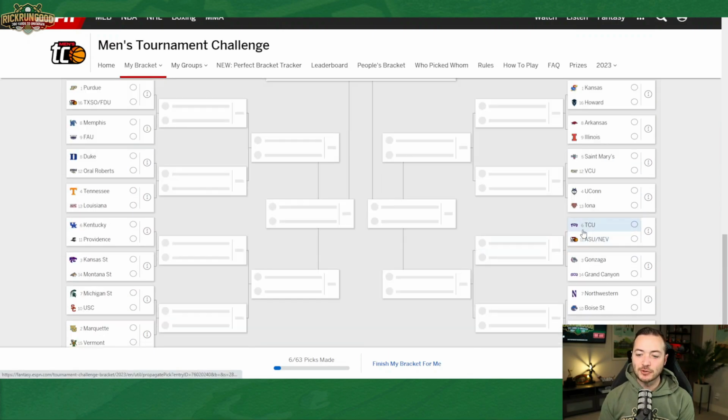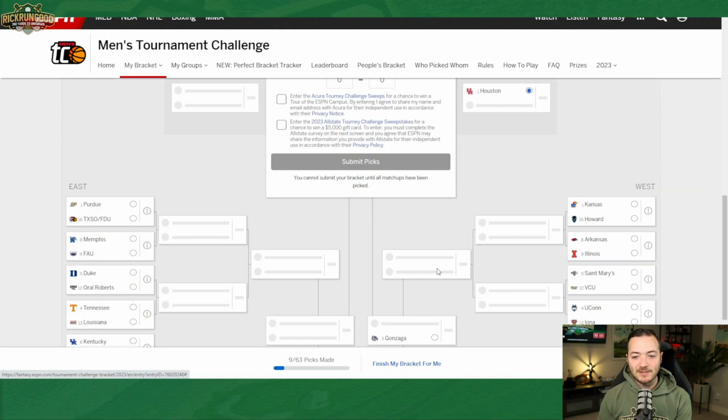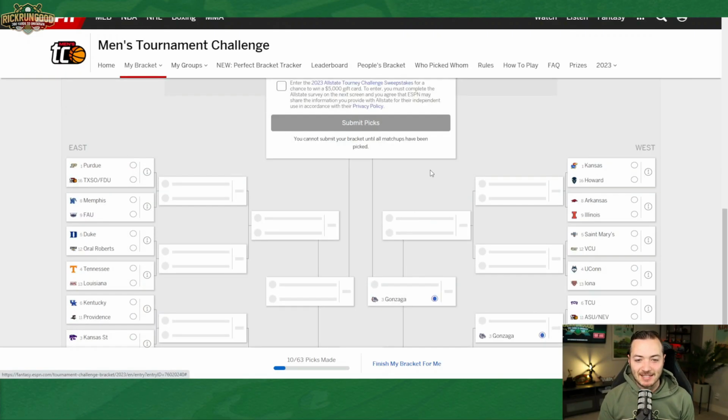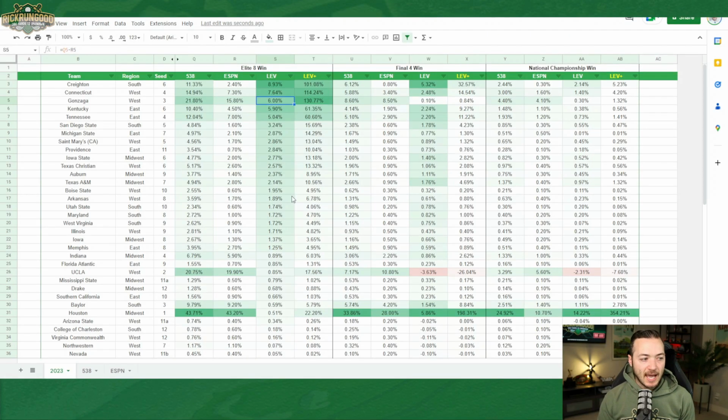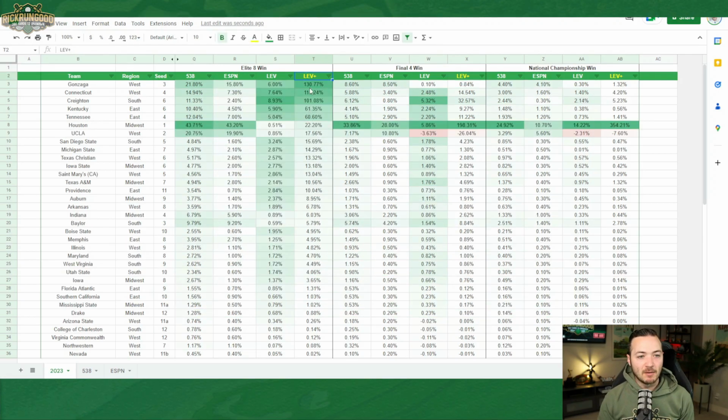Okay, so they're the 3 seed in the West. The problem is they can't even get to the national title game, because they would run into Houston in the Final Four, which I guess is still okay, because we still have that. They are actually the highest. So Gonzaga winning the Elite Eight game and getting to the Final Four is actually the highest leverage plus play